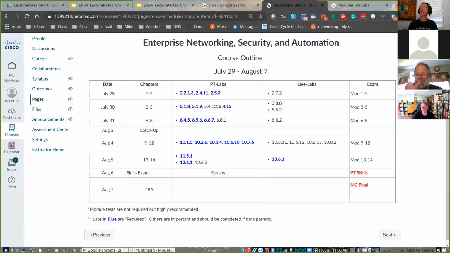Not that I'm suggesting that it's a Moodle server, because Cisco will neither confirm nor deny that fact. I'm just kidding. It was funny in the beta. A couple people tried to pin them down to get them to outwardly say, yes, this is Moodle, and they just wouldn't do it. They say it's an open source learning management system that we are customizing to suit the best needs of our clientele.